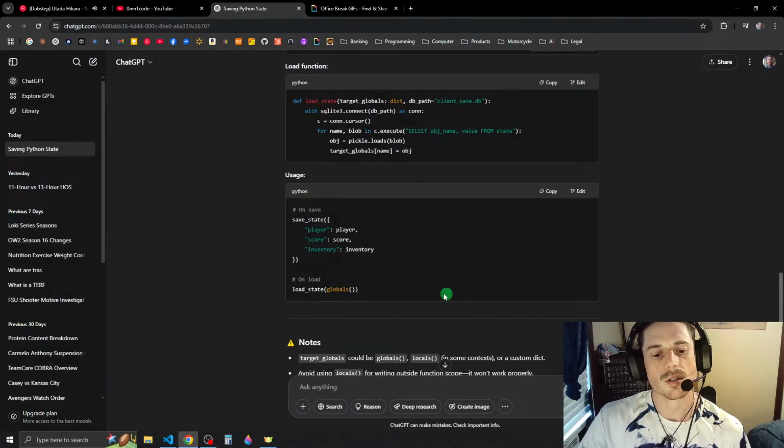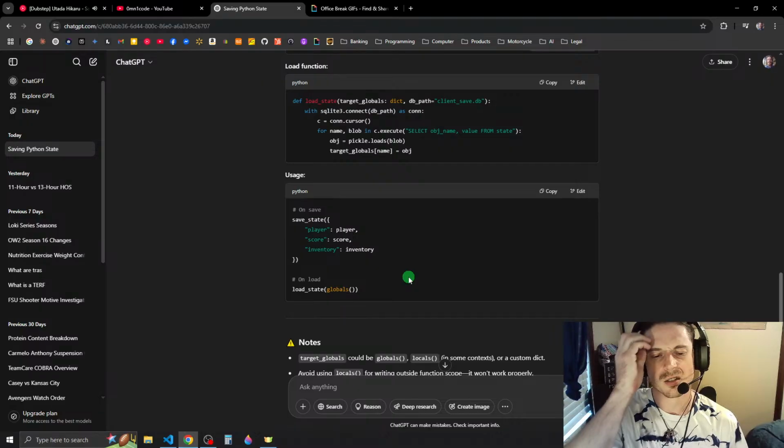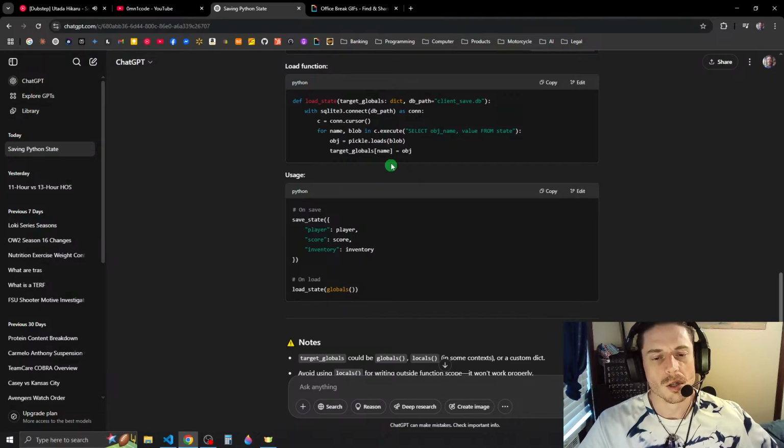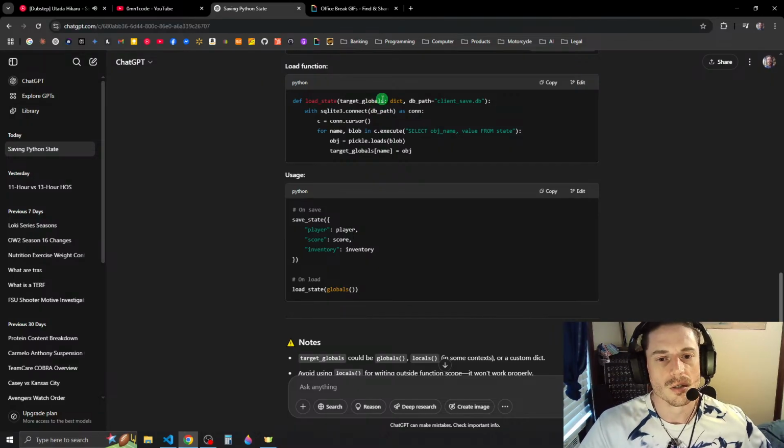Say load state, passing in globals. What is that? Load state and target globals. You just pass in the globals dictionary itself, they're calling it, and then that will.